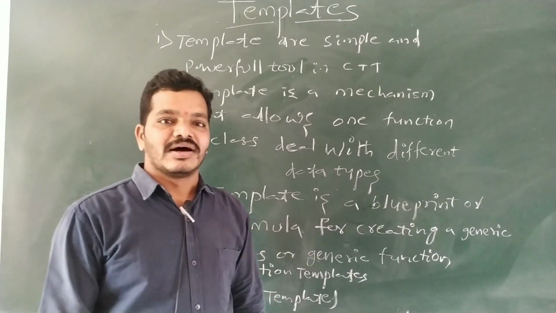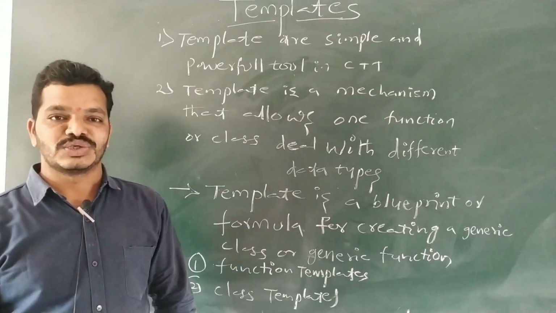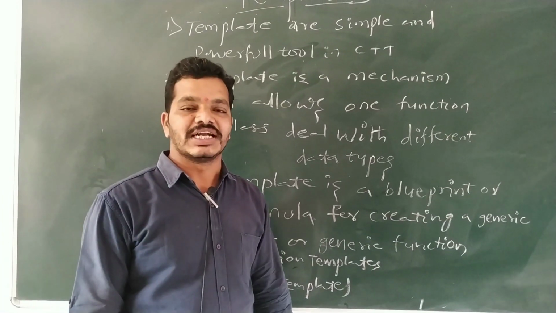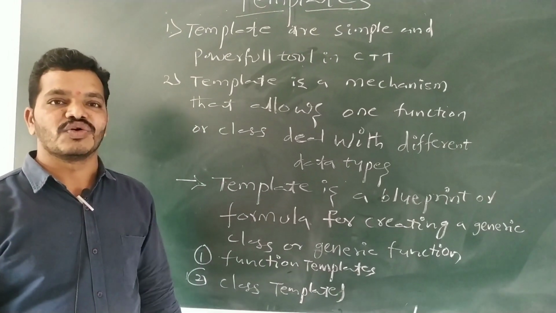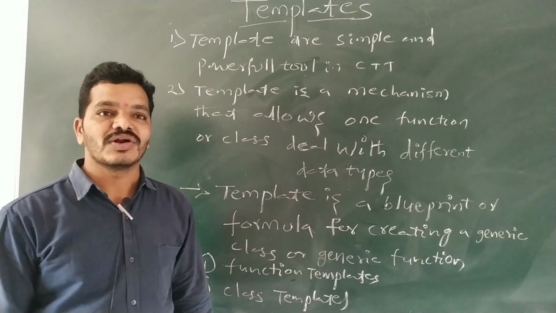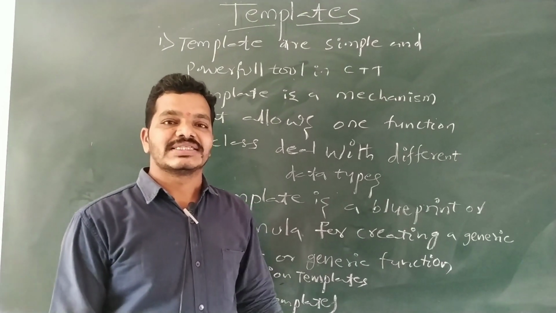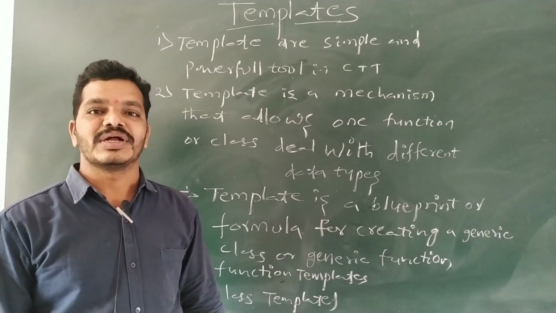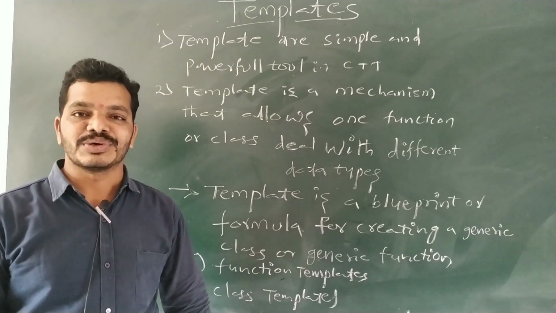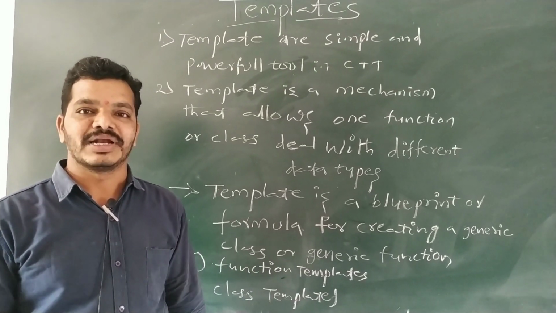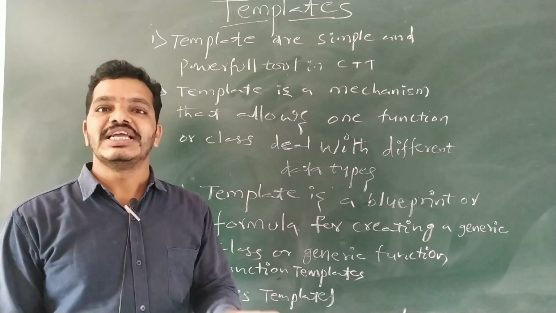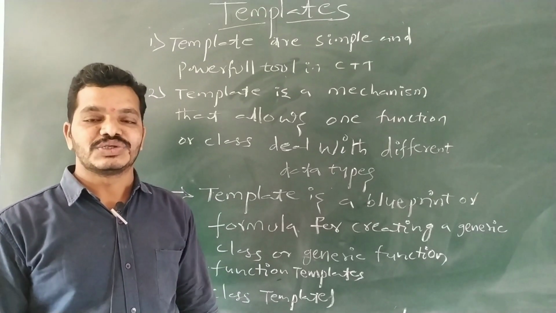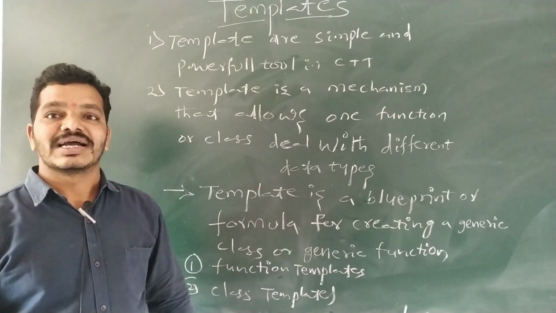Already we discussed function templates. Templates are of two types, function templates and class templates. In the last class we discussed function templates, comparing function overloading with function templates. In function overloading, more than one function has the same name, but the signature is different. Due to that, the program code increases. To reduce the program code, we apply function templates, that is, a single function to deal with different data items. That is a function template. So that is completed. Today we are going to discuss class templates.